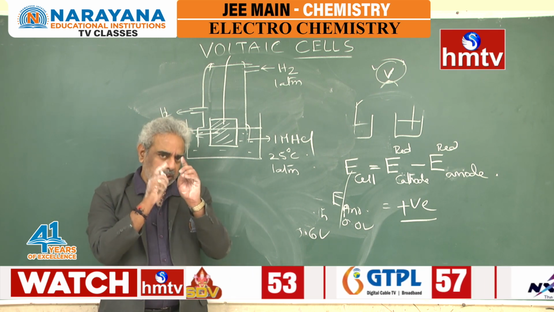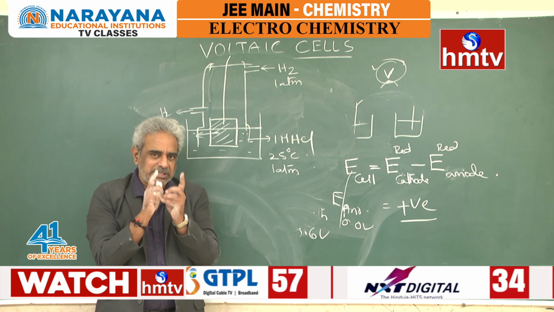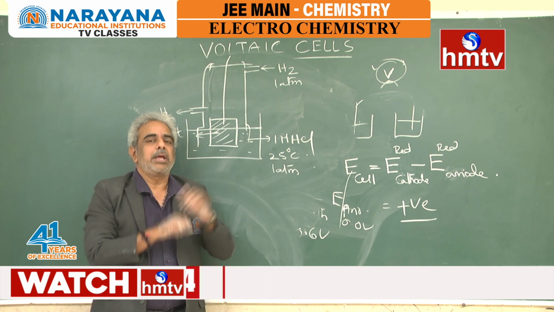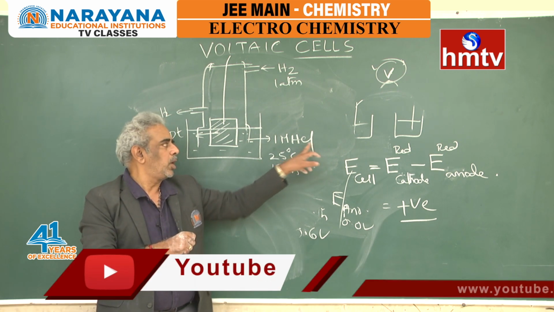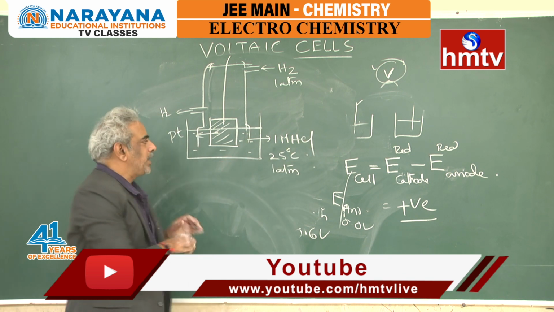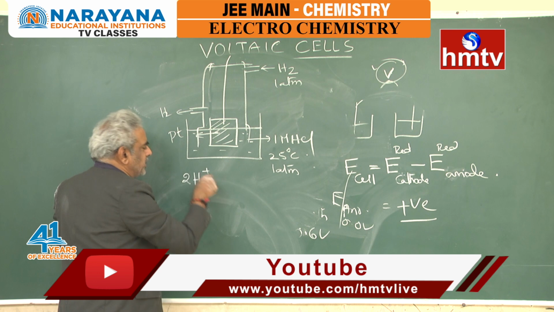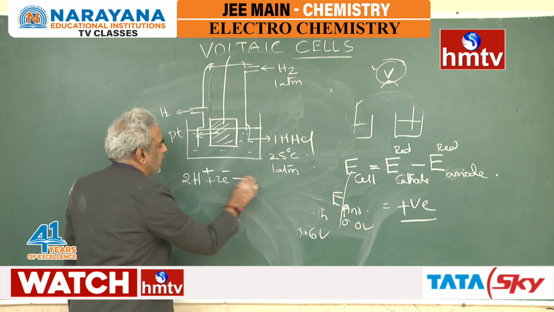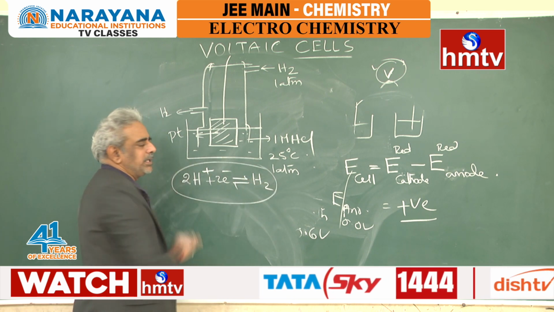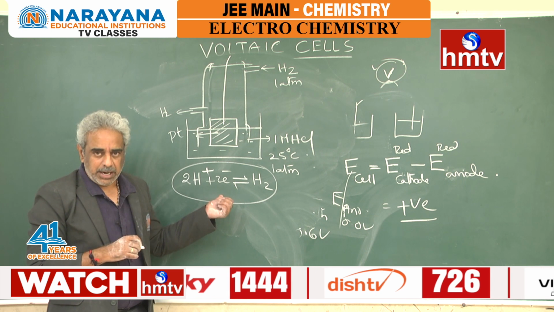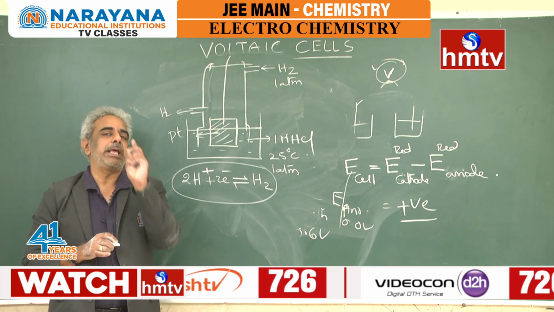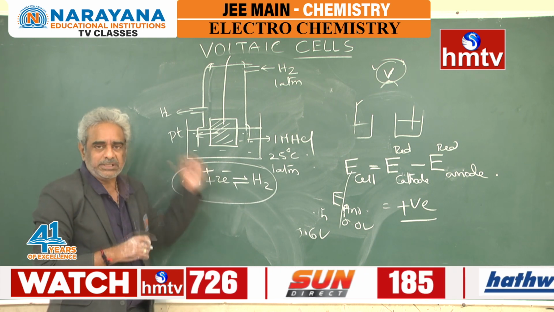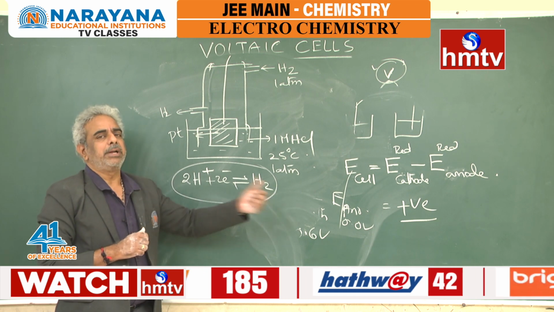And I told you an electrode must always have some species existing in equilibrium. Now, which species exists in equilibrium here? Here, who is non-interfering? Chloride has nothing to do. So, H plus ions that are present in HCl exist in equilibrium with H2 gas. And this is the equation of standard hydrogen electrode. Once you say something is an electrode, you must be able to write an expression like this, a half cell reaction. Don't worry about the direction.